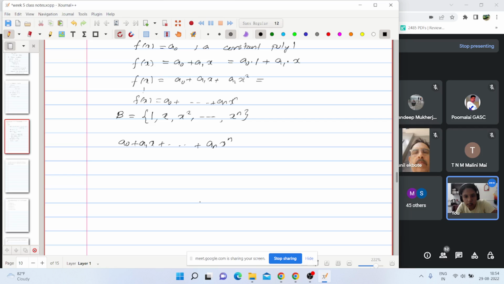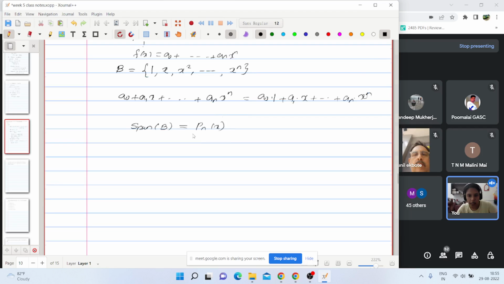We got one set which spans the set of all polynomials. Now we need to check whether this is linearly independent or not. If it is linearly independent, we can say this B is a basis. If it is linearly dependent, we cannot say it is a basis. So we will check